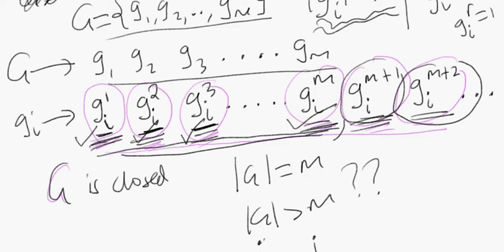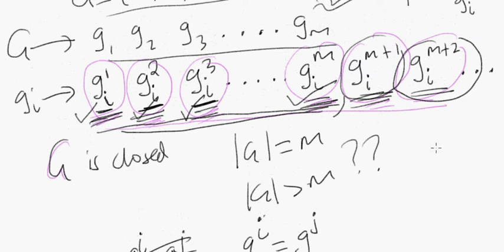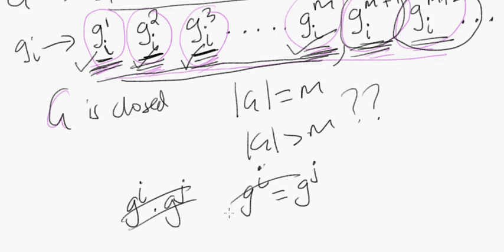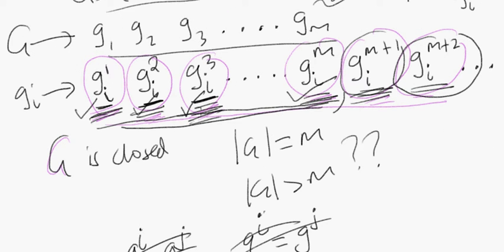So doesn't it seem that our issue is that maybe some of these elements are actually turning out to be equal to each other? Or let's put it this way. If some of these elements turned out to be equal to each other, maybe it's possible that g sub i to the 1, g sub i to the 2, g sub i to the 3, g sub i to the m, g sub i to the m plus 1, all the way up till infinity. I mean, we never reach infinity, but